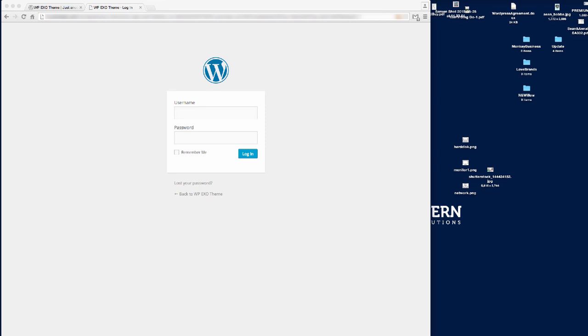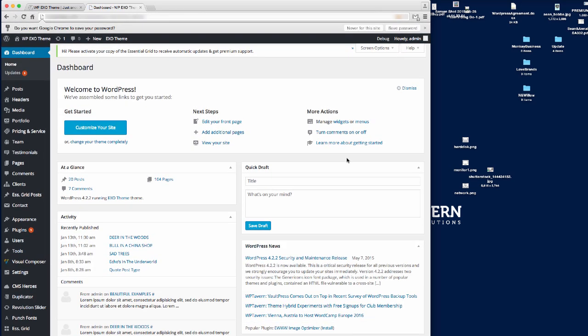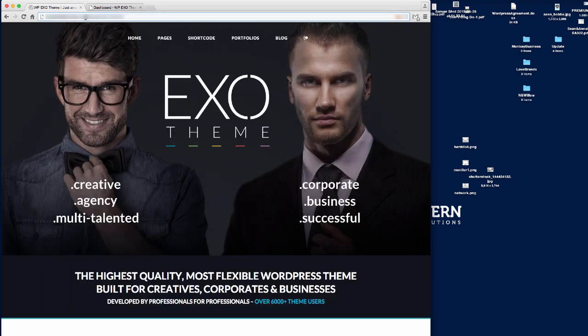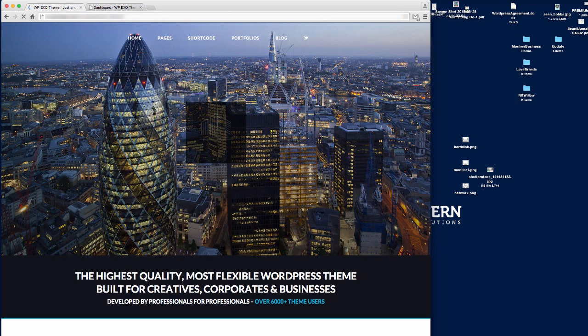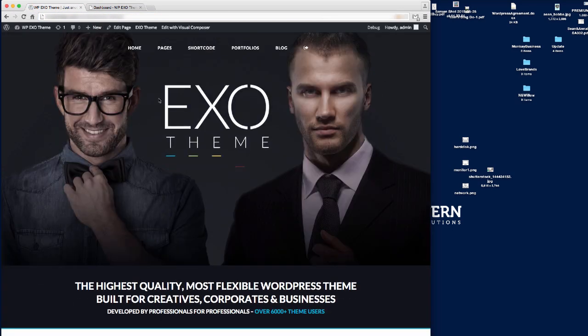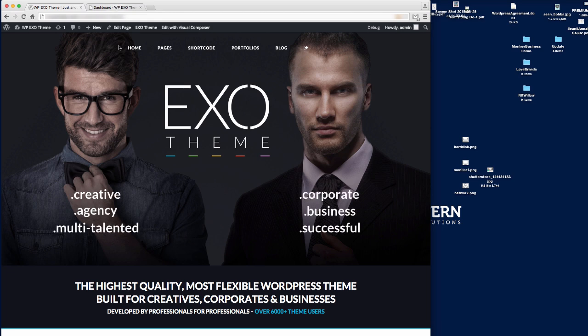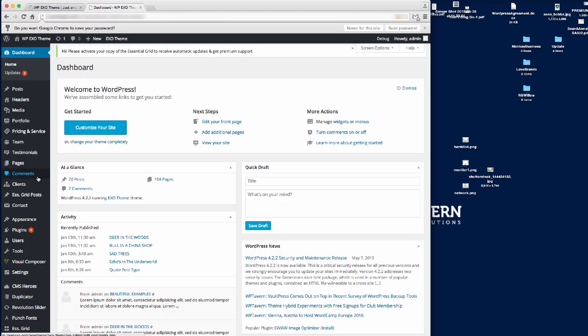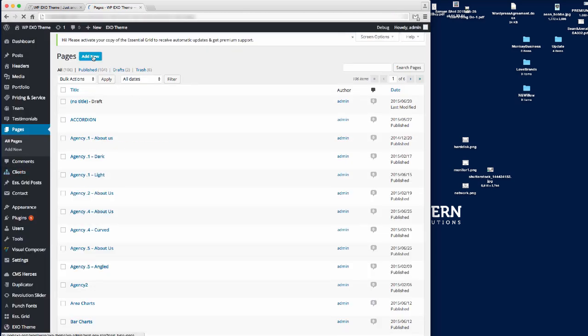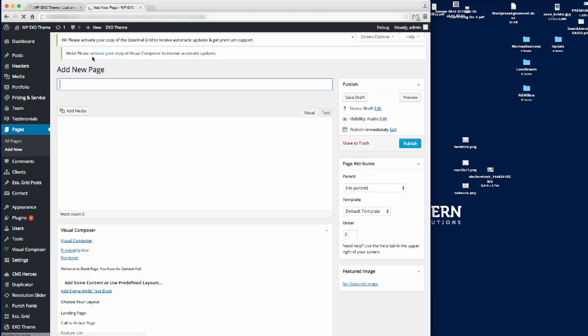And then once I'm logged in, so we're in there now. So the way I just normally refresh the front end so that we get the control bar at the top. And then in the back end, we're going to go to pages, and I'm just going to add a new page. I just want to start from scratch and show you how you can configure